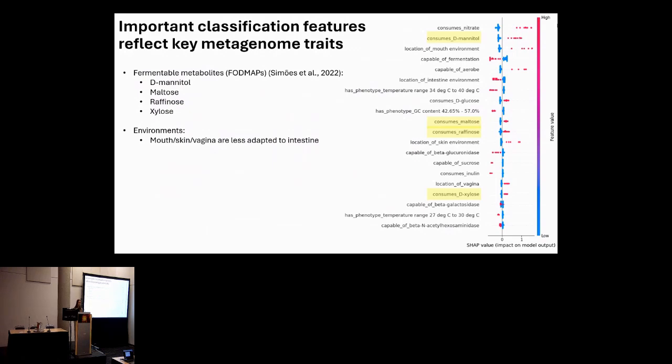We also see several examples of environment pointing in different ways on the influence on IBD, such as mouth, skin, and vagina environments that contain bugs less adapted to the intestine, versus that suggests that the pathogenic bugs that we mentioned earlier are better adapted to thrive in this environment. And while we don't see great performance in this model, the question really is about what important biological features may be interesting, and we're starting to get at these mechanistic questions.